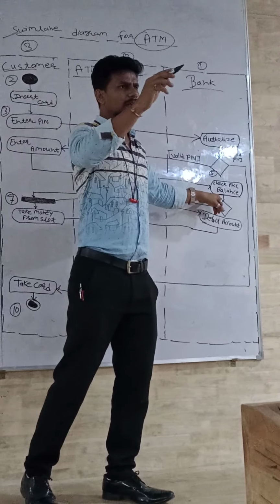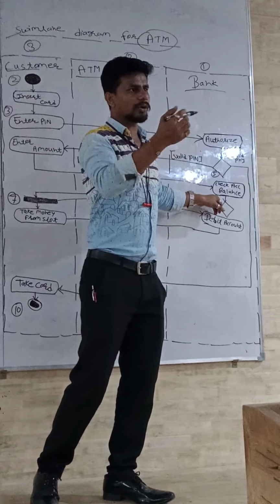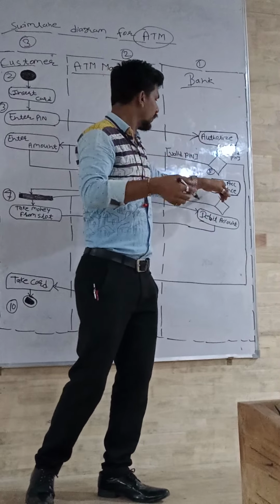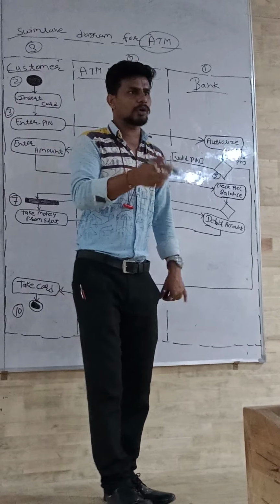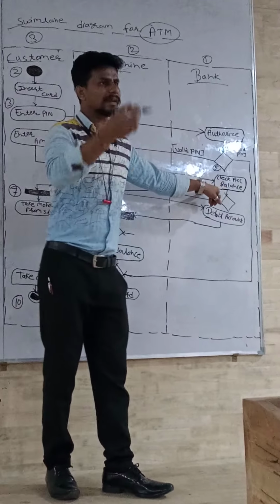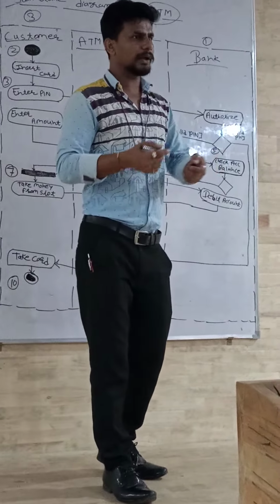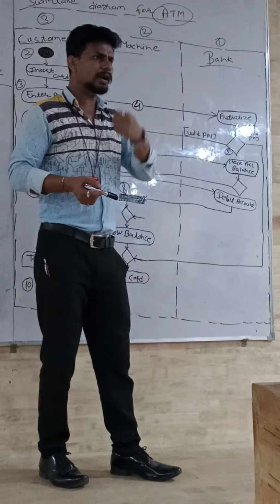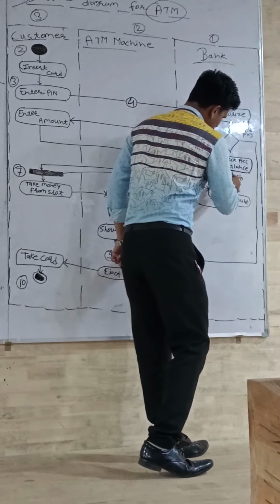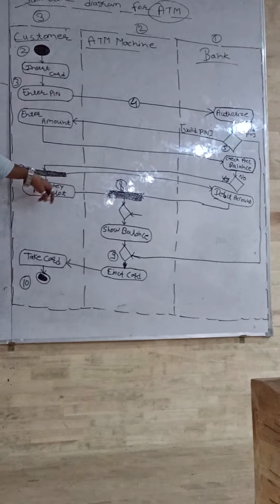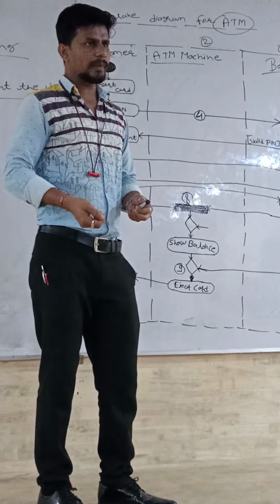They will directly go to your account balance. They will check in your account how many amount are present, how many are not present. If we request 500, is it present or not? If it is not present, it goes to the customer side: this amount transaction cannot be fulfilled. If the balance is available in that account, then it shows you can take that money from your account. After that, the next process is take money from the slot. When you enter the amount, the slot will open and your money will come outside.